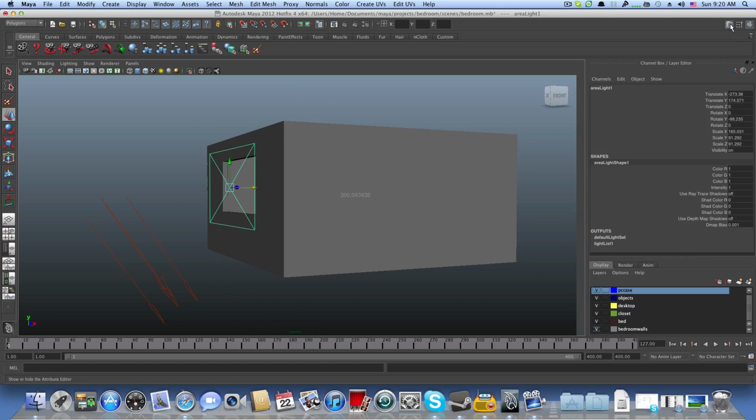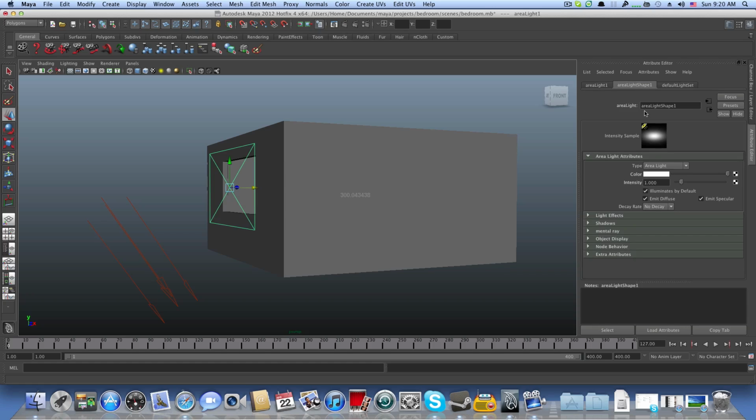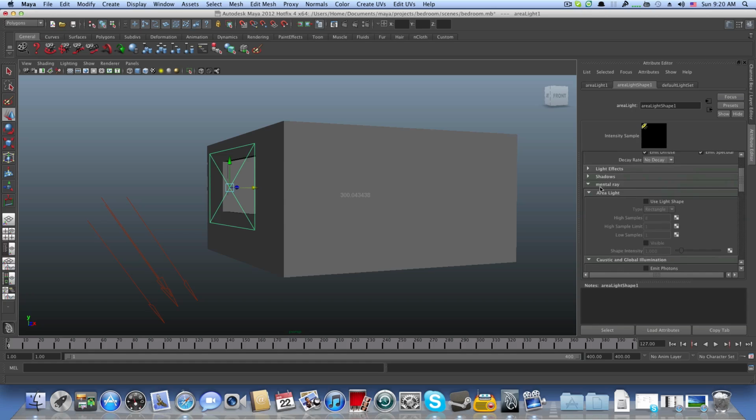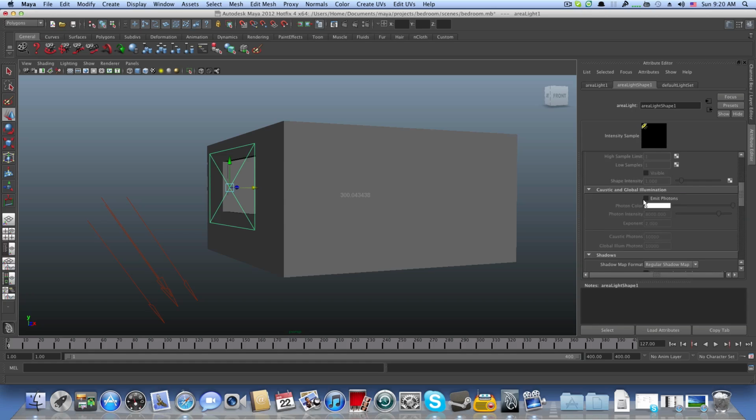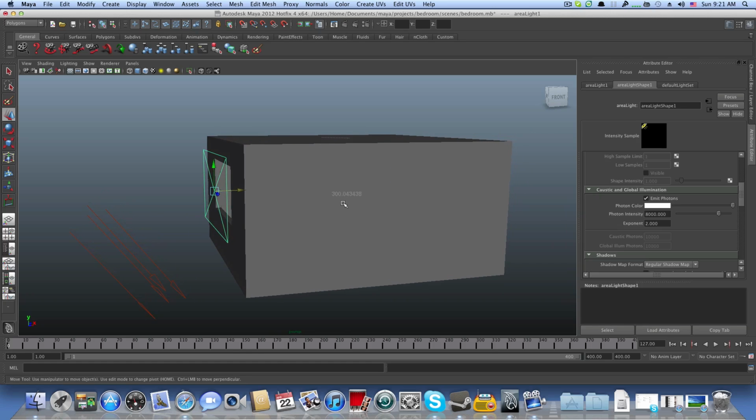At first we are going to go to the attributes of this area light, and we will open the area light shape, and we are going to bring the intensity of it to 0, and where it says mental ray we are going to tick emit photons. Okay, and now we need to